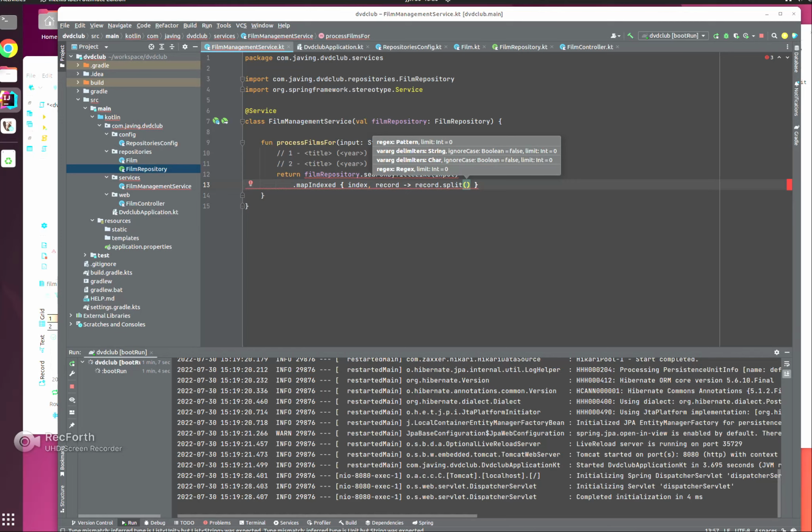Of course, this kind of processing is very simplistic, and maybe if we really want to do this, it wouldn't live here, it would live in the data layer or on that converter that I mentioned earlier. But yeah, because this is a demo app, so I'm going to do it in here so that we have at least some kind of logic in the service layer. So a split, so we're going to split on the comma, and then